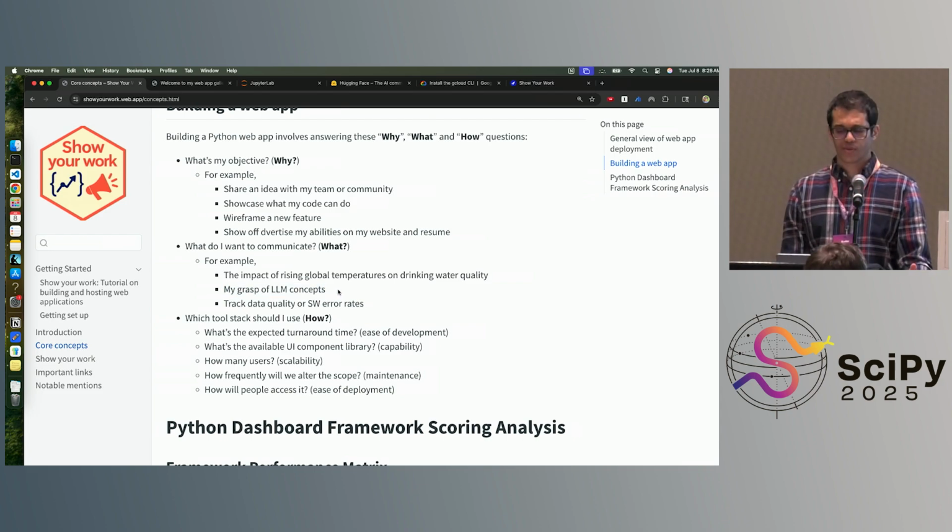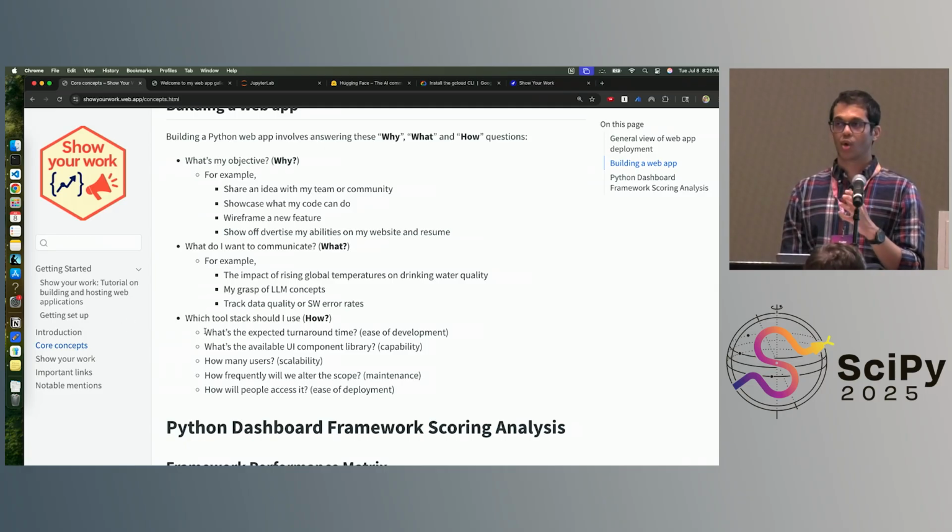Also, normally in work, we've had to track data quality, or if I'm working with the software team, the error rates and the number of bugs and deployments and stuff like that. All of that is a good what. The what should really translate into metrics and insights and KPIs. So we have the why, then we have the what, and then comes the how. The how is